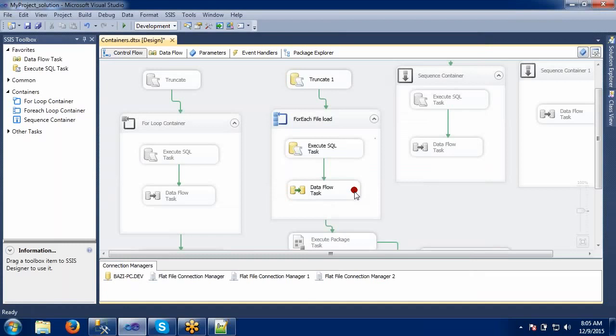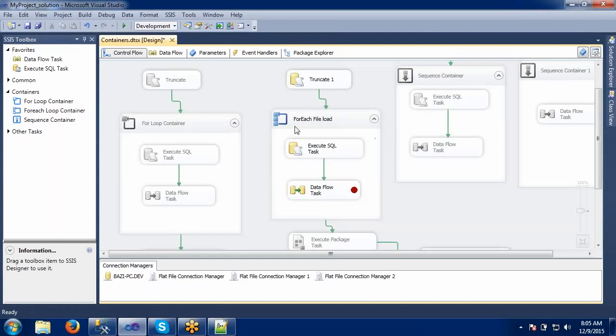So what it will do is, when it comes to this task, it will stop here, and we can debug something at this point, and we can see exactly what the data is, which file is coming, and how it is getting loaded. Okay, let's start this execution, and we'll easily understand how it takes the break.